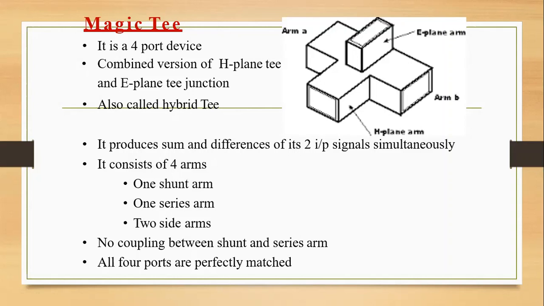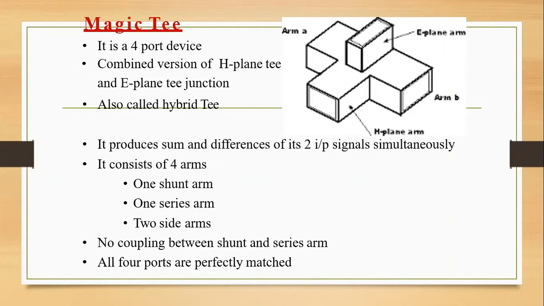If you forget about the E-plane arm and imagine it is not there, this is just an inverted T structure, which is your E-plane T. If you forget about this perpendicular arm shown here, it is just a T structure horizontally, which means this is your H-plane T. So you are combining the properties of your E-plane T and H-plane T and finding out certain parameters. Now this is called a hybrid T or a magic T. Since you have both, the E-plane T will give you the difference, whereas the H-plane T will give you the sum.